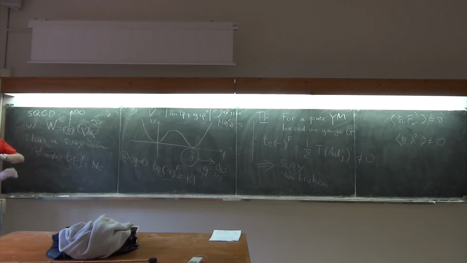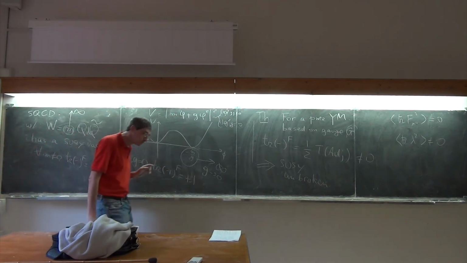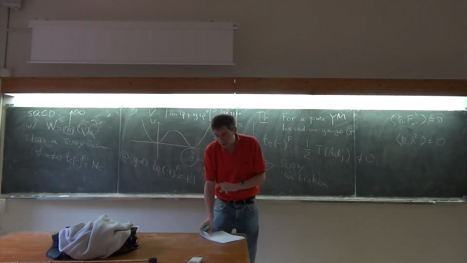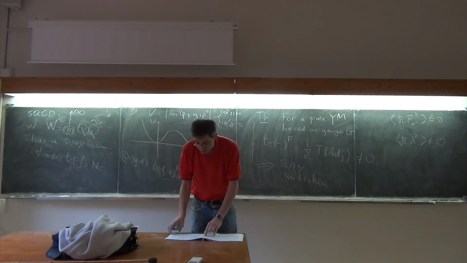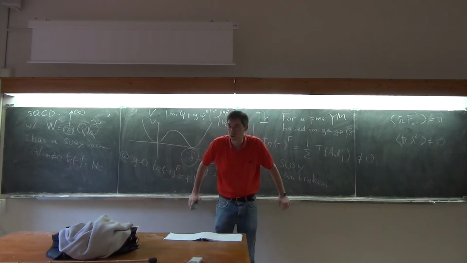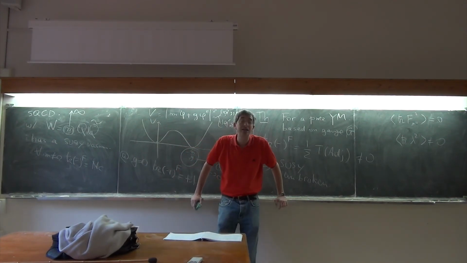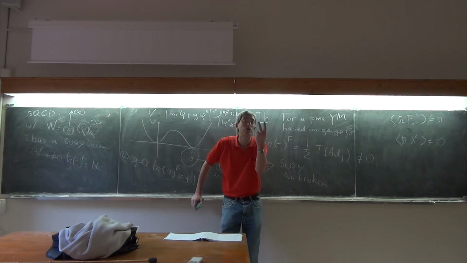So if you do give a mass to all of the fields, and you can do this only for the vector-like theories, then the theories will not break supersymmetry. There is a caveat to this, which is crucial and important even for phenomenological applications, that I have to say now, and then we will see that there are only two ways out if you want to find theories that break